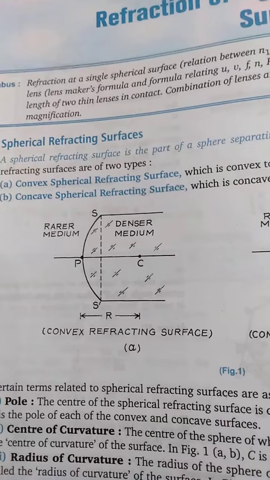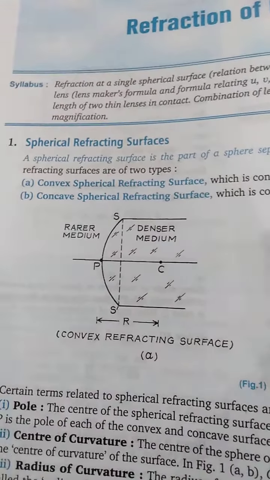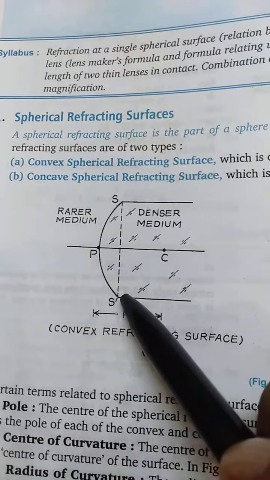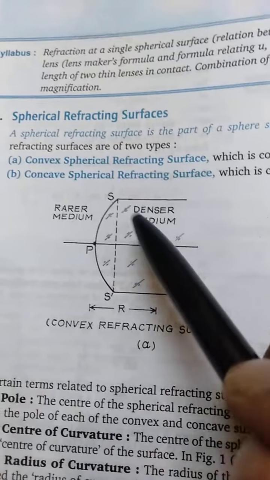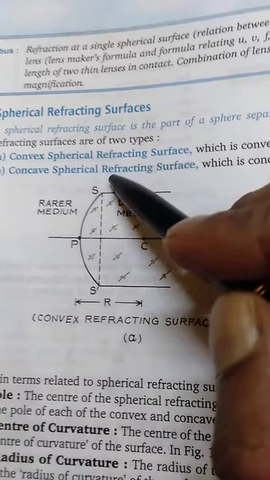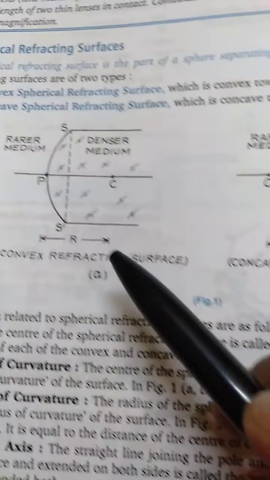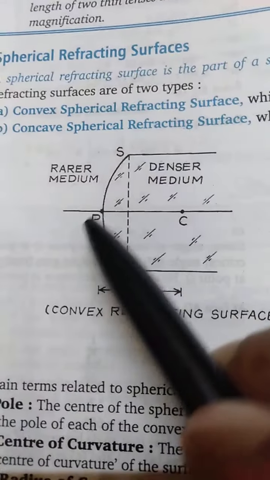Now we are going to study about the refraction through a spherical surface. See, this is a denser medium, and this is a rarer medium, and this surface SPS', this surface that separates the two media, is not a plane surface but a curved surface. It can be convex curved, it can be concave curved, that doesn't matter. So we are going to do the derivations on the convex one, that's why we are focusing more on this, but the rule is the same.